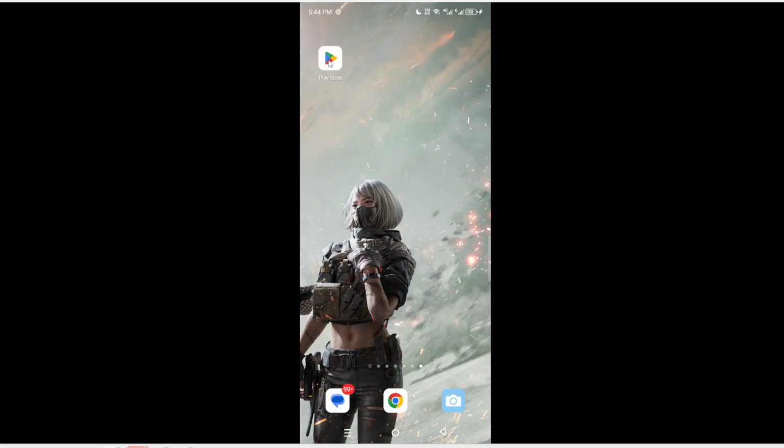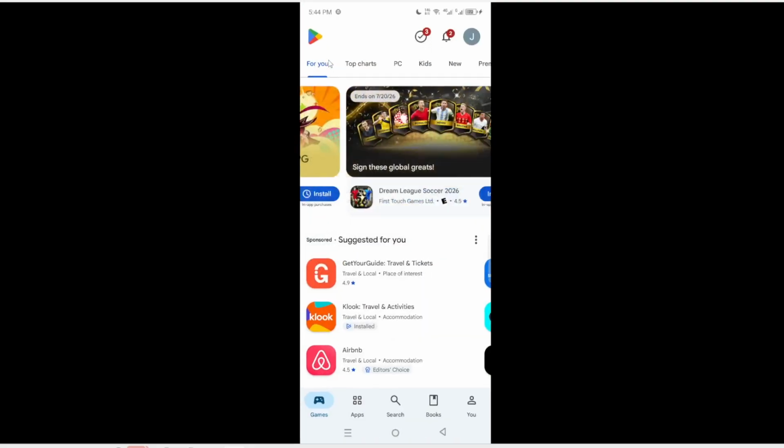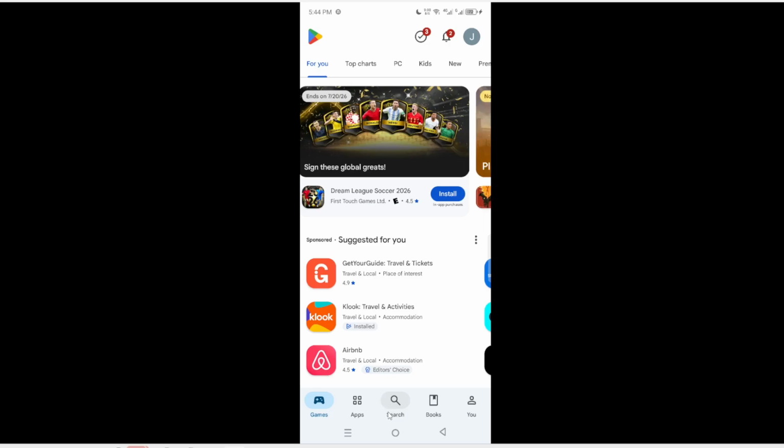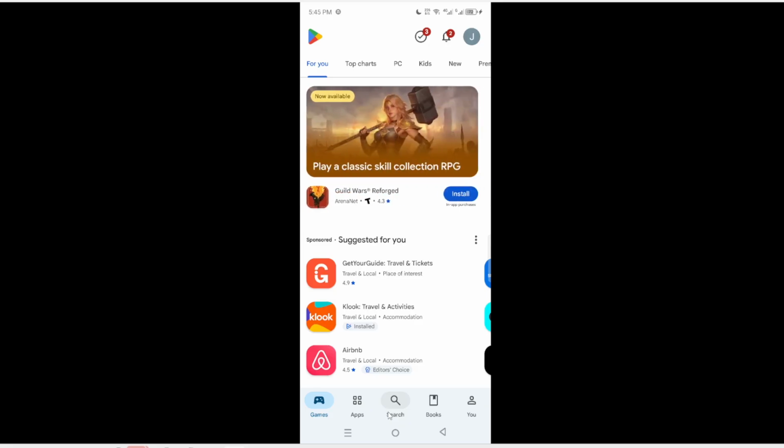First, open the Google Play Store on your Android device. This app is usually found on your home screen or in your app drawer. The Google Play Store is the official marketplace for Android apps, ensuring that you have access to safe and reliable downloads. Once you find the icon, tap it to open the store. You will see a wide array of apps, games, and other digital content. This step is crucial because you need to access the Play Store to download the Holafly app securely.